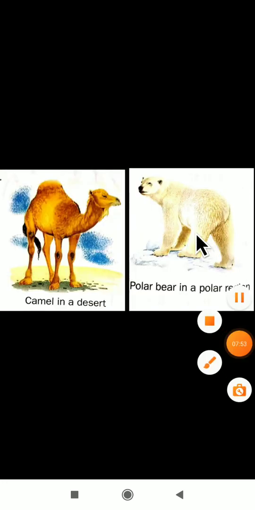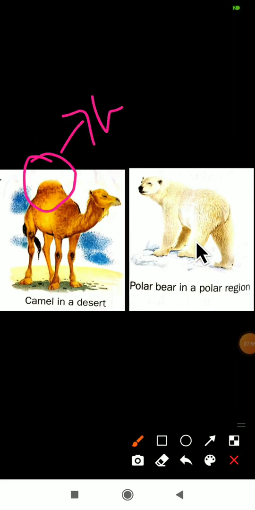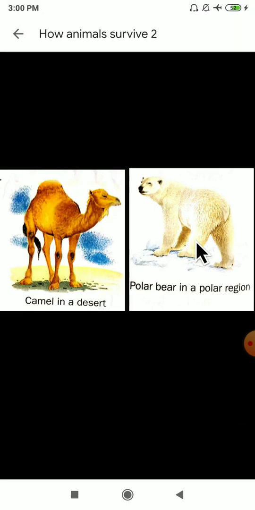Yes, dear students, this is a camel. It has a hump here. Here it stores the water and fats. Okay, water, it may be food, it may be. So the camel walks for many days without food and water, because it will store extra food in its hump. Next you see here. Therefore, they can travel for days without having to eat anything.